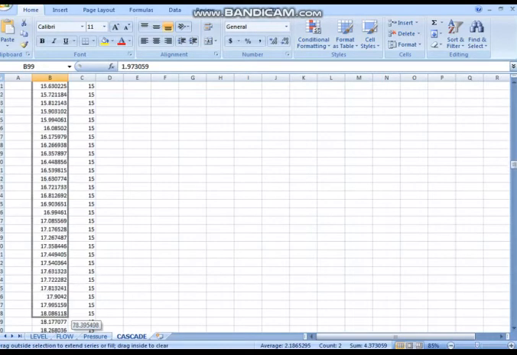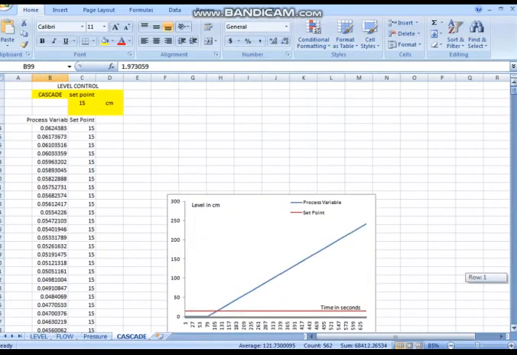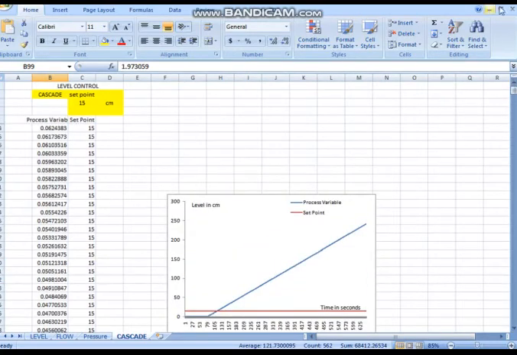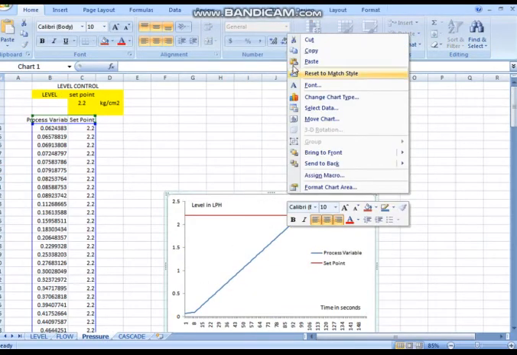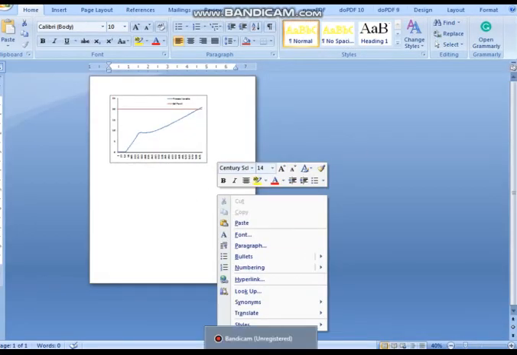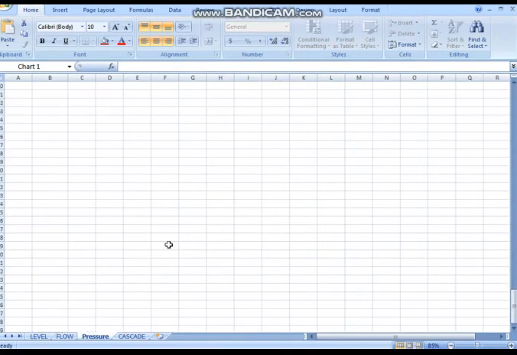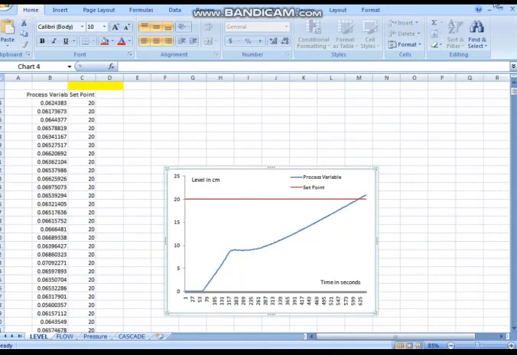So, you can change these values. You can get that. So, you can make it maximum up to your set point. So that's how you can change these values and you can get your graphs. You can just copy this and paste it in the Word document which is given. So there is no need to write the data because we have about 200 to 300 data points. So this data you can change and use, or the same data also you can use. Thank you.